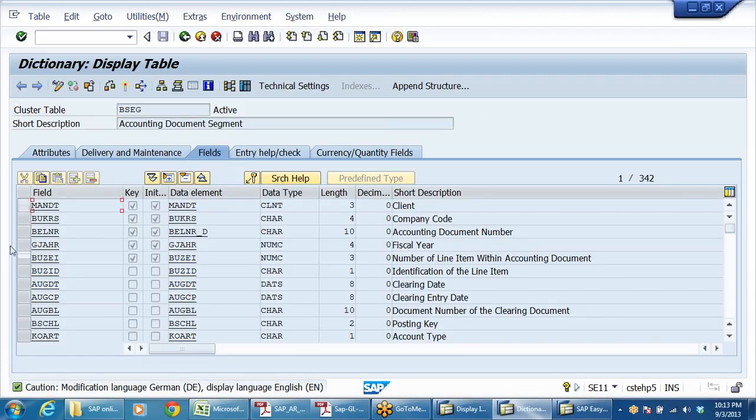Now I want to see that all these tables contain fields, field names. Right? So if you say company code, the ABAP consultant will ask me immediately, boss, what is the table, what is the field name? So the field name is going to be, see, company code, BUKRS. Similarly, BELNR, accounting document number. Right, these are the standard names.